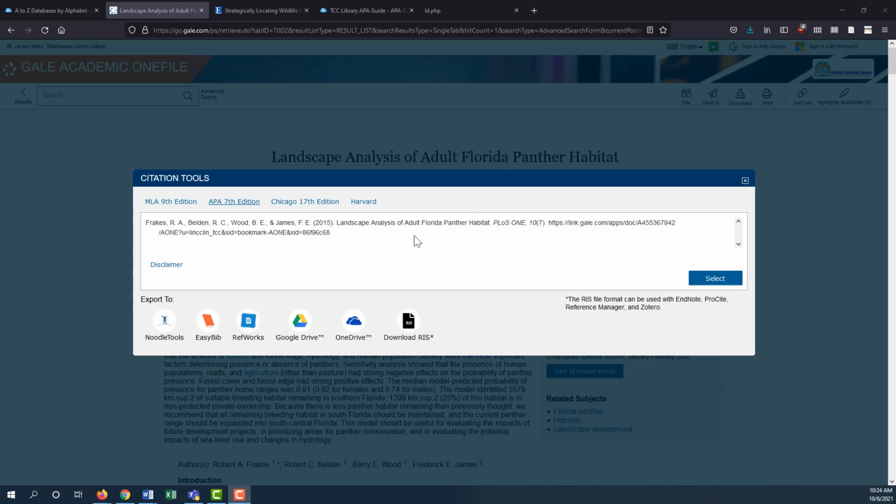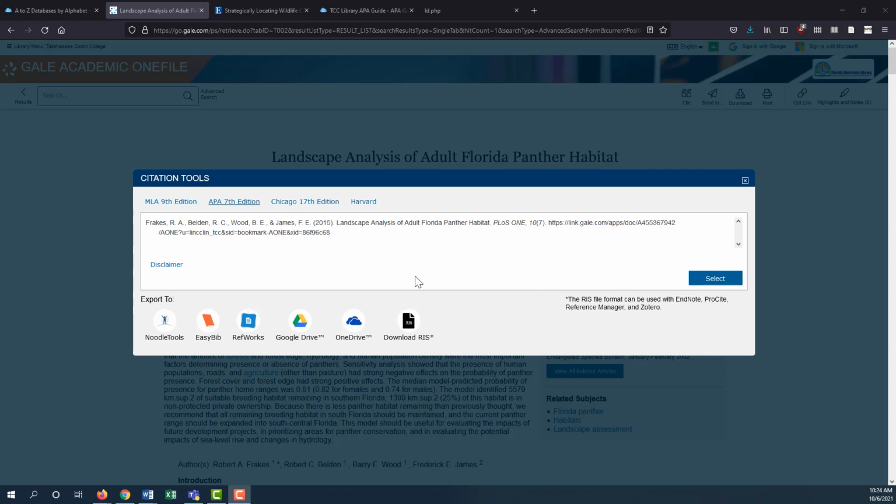Here is another auto-generated journal citation from Gale Academic OneFile. This citation is missing page numbers, so you should check the PDF of the article for them and see if there are page numbers listed there. The link at the end is also not a DOI link. In most cases, APA does not want you to include database links and citations, only DOI links or web links accessible to anybody online. To correct this citation, we would have to fix the sentence casing in the title, add